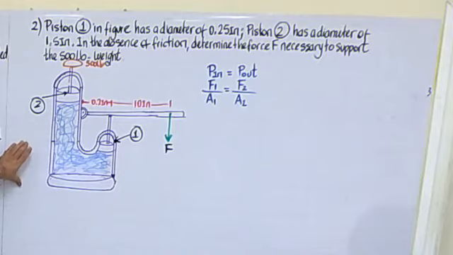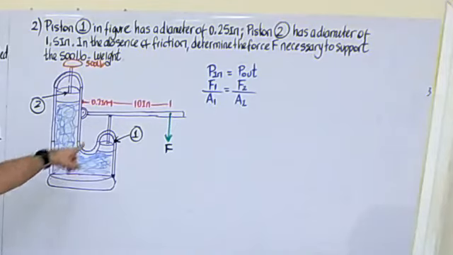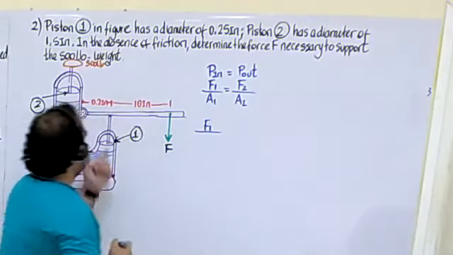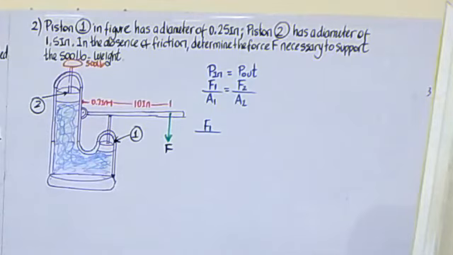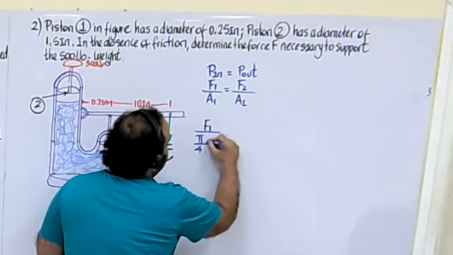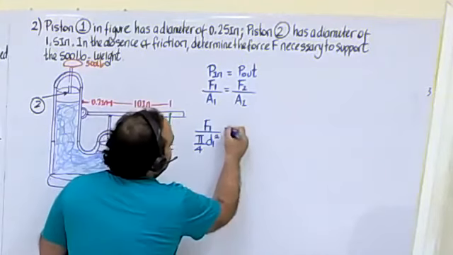Understood this part? It's the same function as when you use a jack to lift the automobile to change a flat tire. Okay, so what we're going to do: we don't know the value of force number one. And for area one, the diameter gives the area of the circle. Remember, for the area of the circle we have two formulas. One of them is pi r squared, or pi over 4 multiplied by diameter squared. Because we have diameters, I'm going to use the second formula. I mean, pi over 4 times diameter 1 to the second power equals